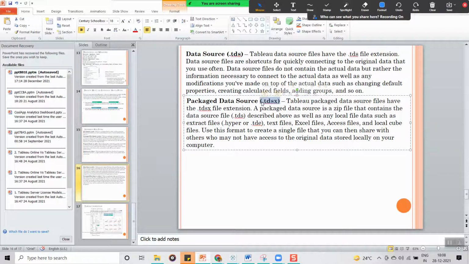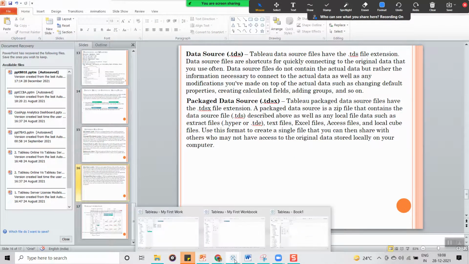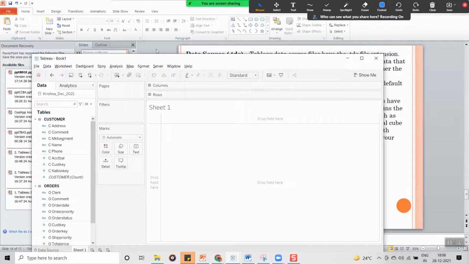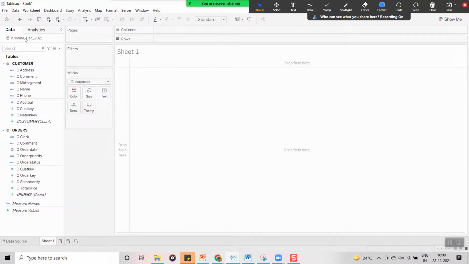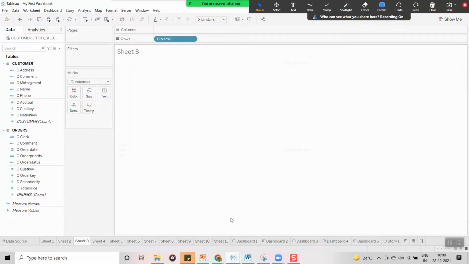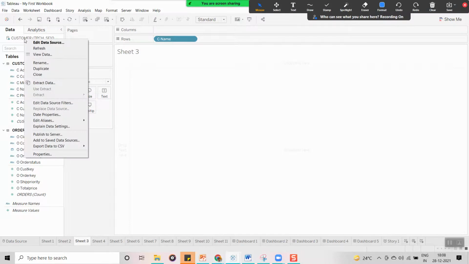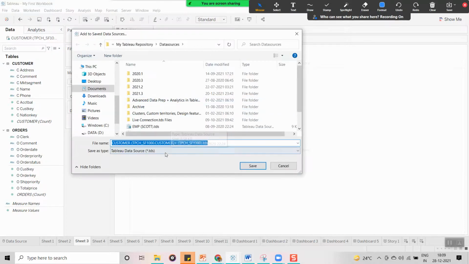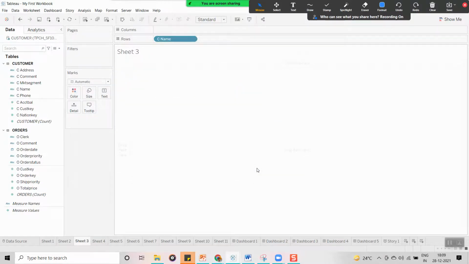Okay, so now we have seen how to save this, right? Now for example, this is what we have created. This is a TDS. Now if you go to TDSX, let's go here again. It will take time guys, because it is having more data, right? So it will take some time. So I am going to take TDSX. Okay, now I am going to click on save. Okay, I have saved with the same name, customer.